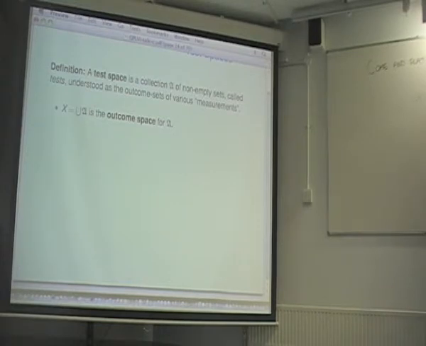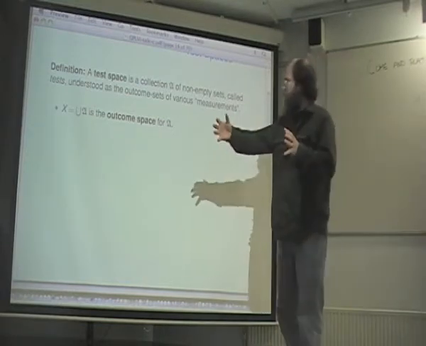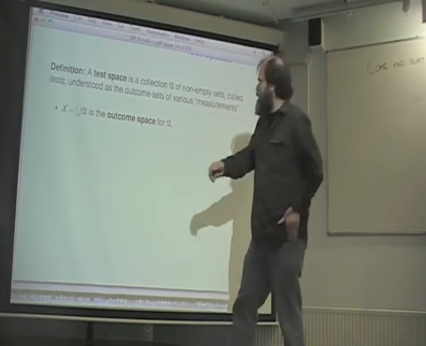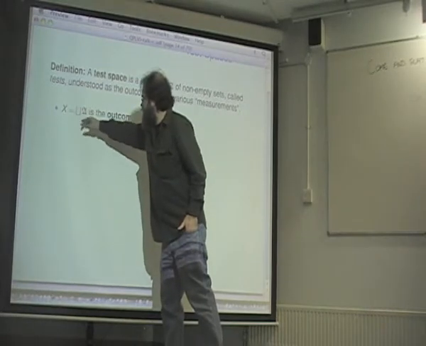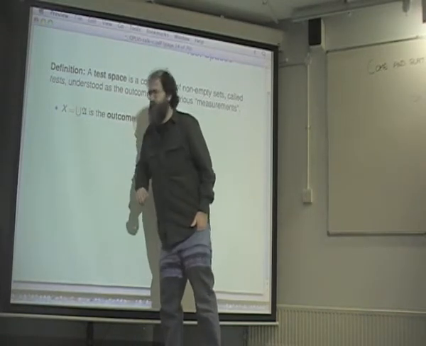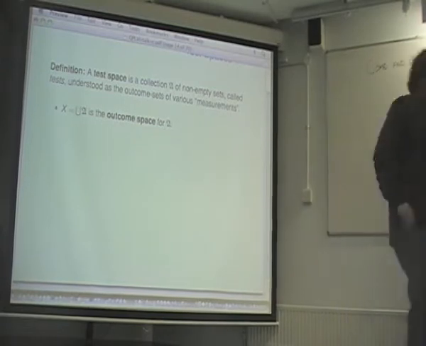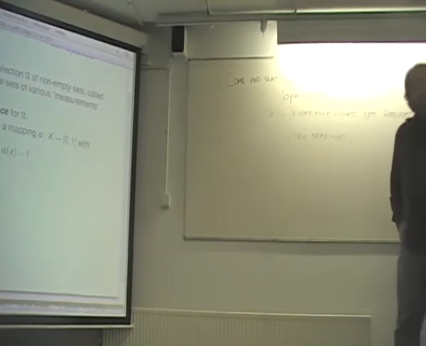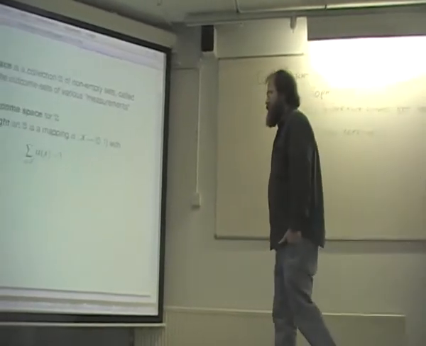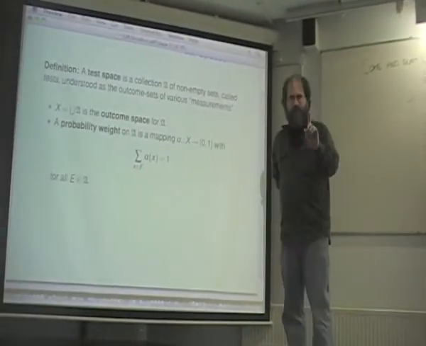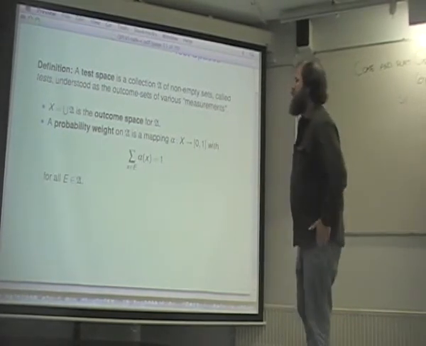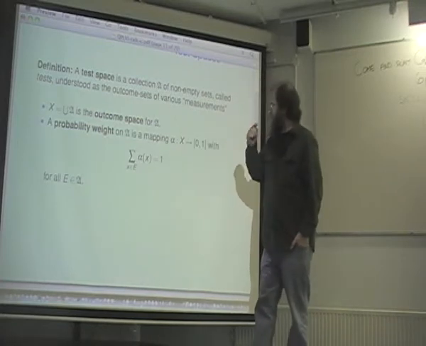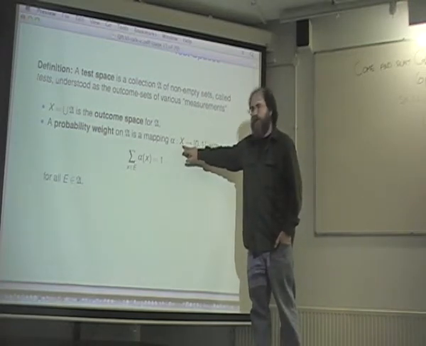If I have a test space Fraktur A, I might want to take all of the outcomes of all of the tests and put them in one big bag. That's, of course, taking the union of the set of tests. I'll generically call that union capital X, and I'll refer to that as the outcome space. All right, once I have that much structure, I can now define what I mean by a probability weight, or as I'm also going to call it, a state on Fraktur A. It's just a mapping, let's call it little alpha, that assigns to every outcome of every experiment